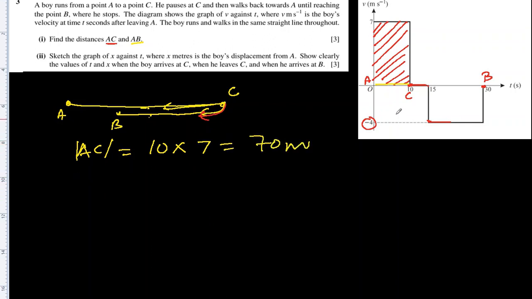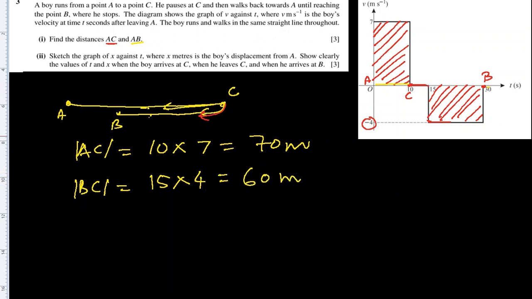Now AB, so we know that this rectangle will be the distance from B to C. So let's find BC and then we'll subtract from AC. BC will be the area of the rectangle. The rectangle's area is 15 times 4, where 15 is the length and width is 4. We'll take positive 4, because we're finding the area. 60 meters. All right. So we know that this whole distance is 70